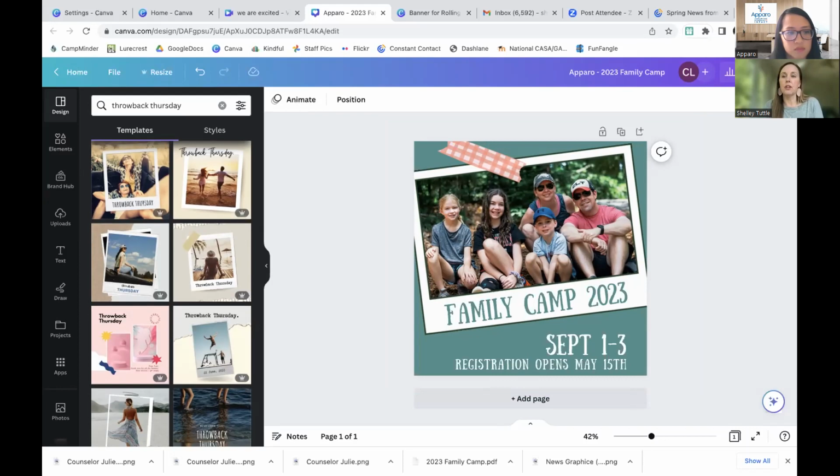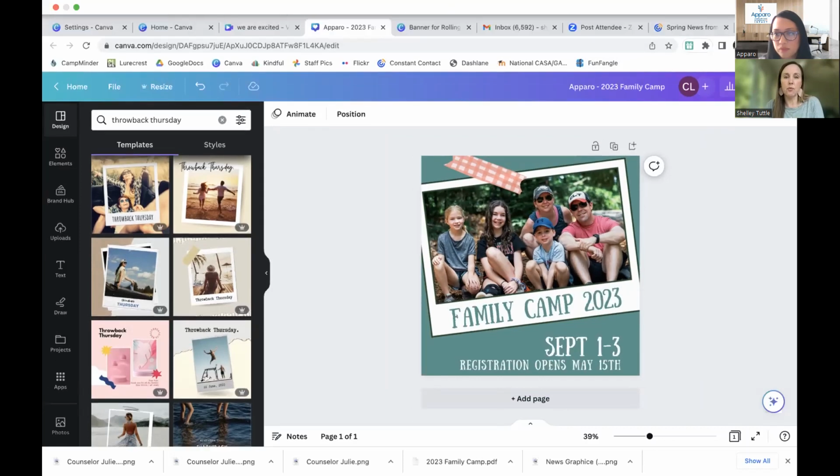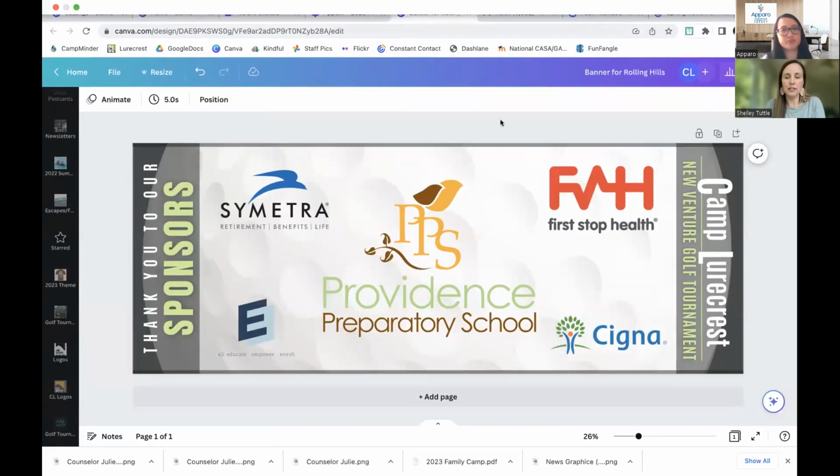Okay, so once you've created a graphic, there are a few ways that we use it generally. I think it kind of fits into 3 categories. One is for print. So I'm going to pull up another one. I am doing a banner. Sorry, I'm trying to pull it up without clicking on this thing. Okay, we're doing a golf tournament coming up, and I'm going to have this banner made for the golf tournament of our sponsors. So back over here under share,